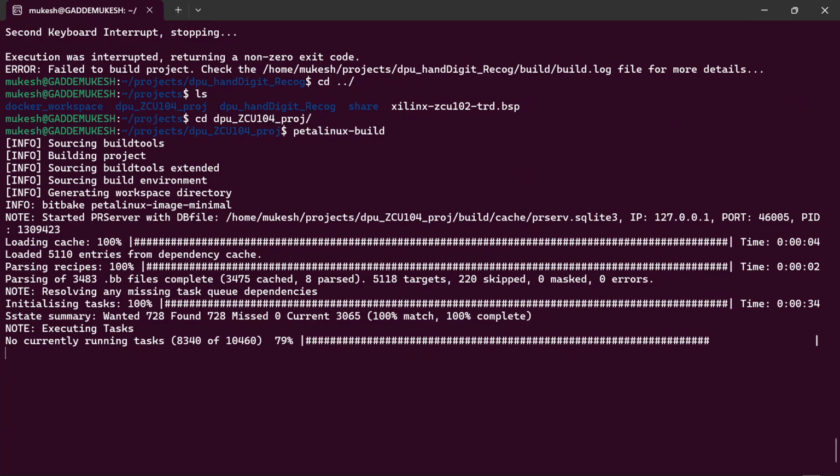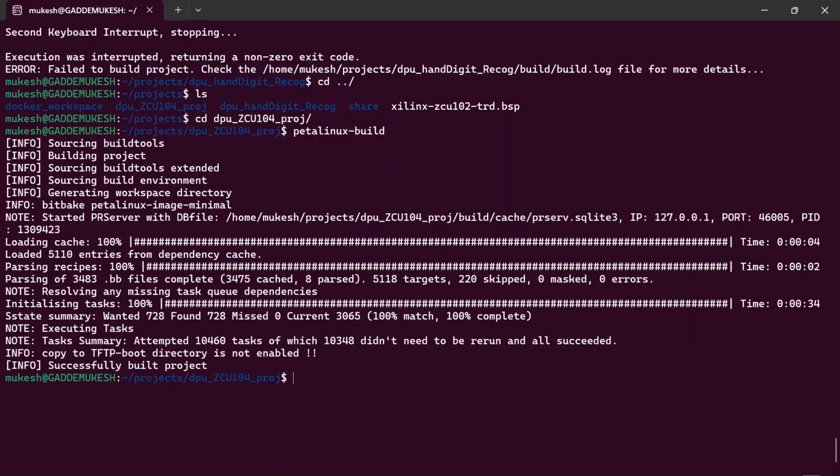As you guys can see here, if it's already built and you're running this for the same project, if you're building again, it's just going to load much faster like this, even if you go offline, it's going to load as fast as this. Once you build successfully, it's going to show you the successful build project info like this. So now the next step is